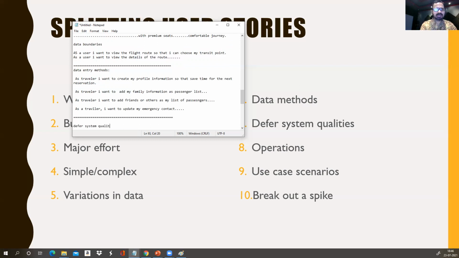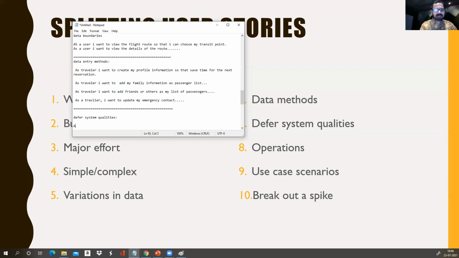Therefore, system qualities. I'm calling this a system requirement, so I will use the term system here.